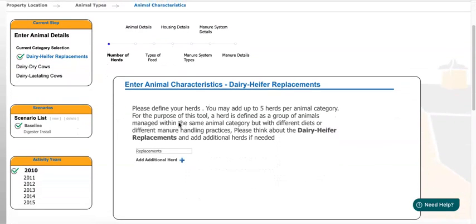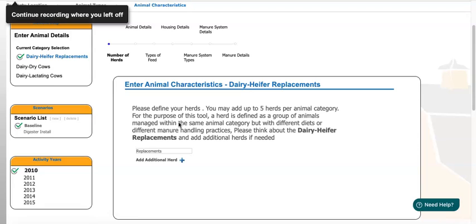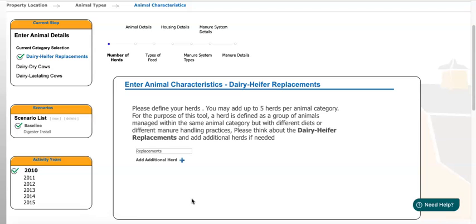Herds are going to be defined as any group of animals that is managed in a similar manner. For example, if all of your dairy dry cows receive the same type of feed, housed in the same manner, and their manure is managed in the same way, then those would be considered one whole herd. If you had two groups of dairy dry cows, so the same animal category, but are fed two different feed types, those would be considered two different herds and would need to be defined separately on this number of herds